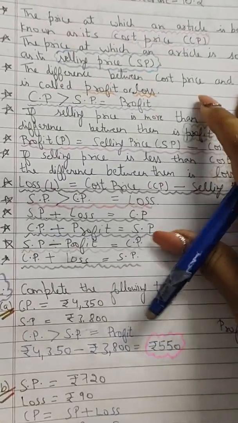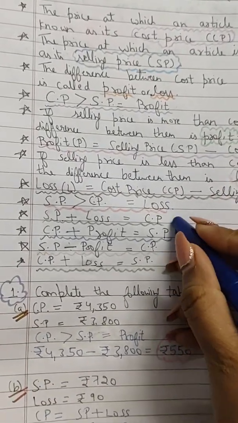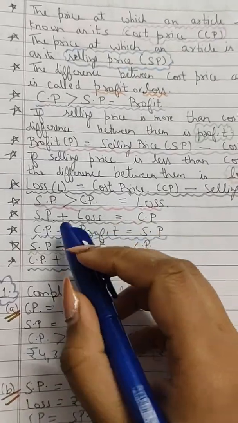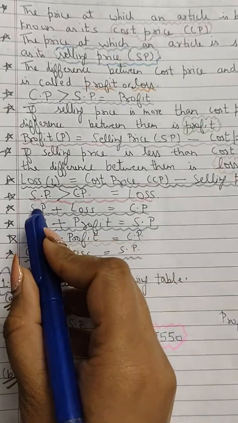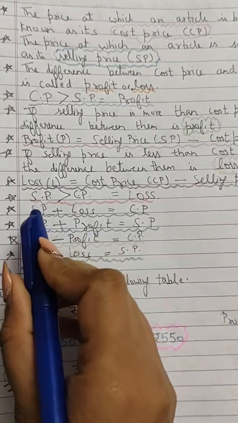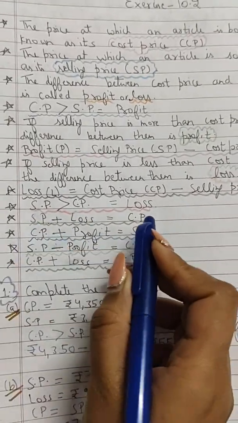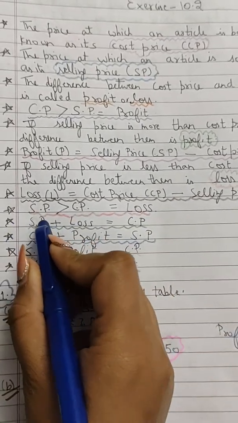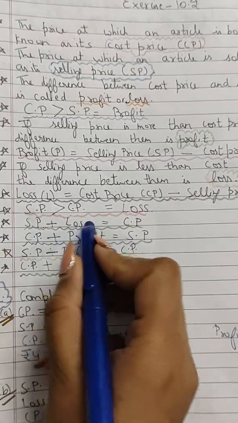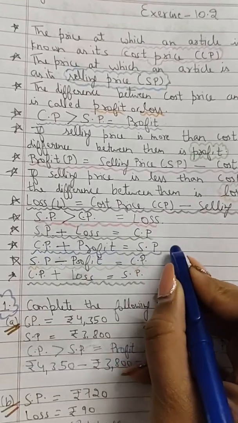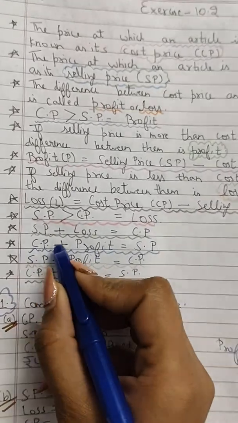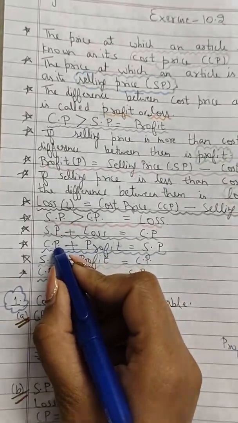So now the thing is that there are formulas that we will be using to solve the questions. Six formulas we have to use actually. So the first two formulas we have done. Third one is SP plus loss. If we have to find the CP, and selling price and loss are given, we have to add them, then we will get the CP. And CP plus profit is equals to SP. So profit is given, cost price is given,